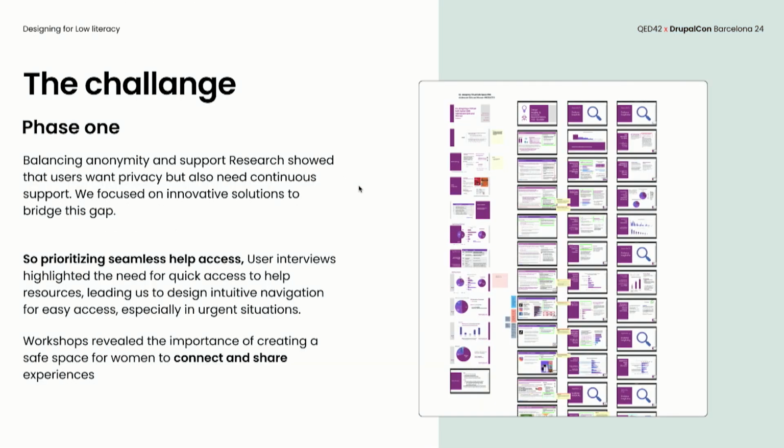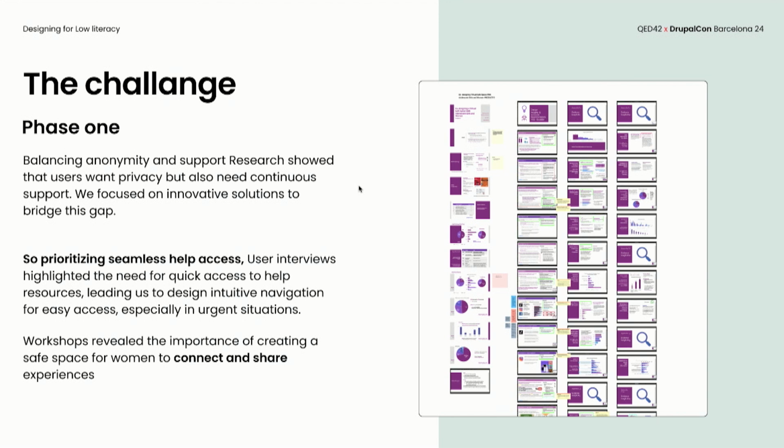So we have phase one for this, where we have the challenges, which we got through workshops, insights and research. We got to know that the users want privacy and anonymity in the platform, but they still want to stay connected and supported by the platform.